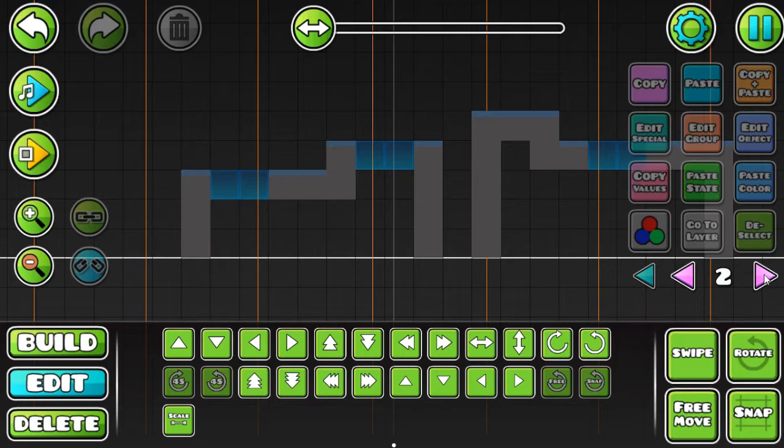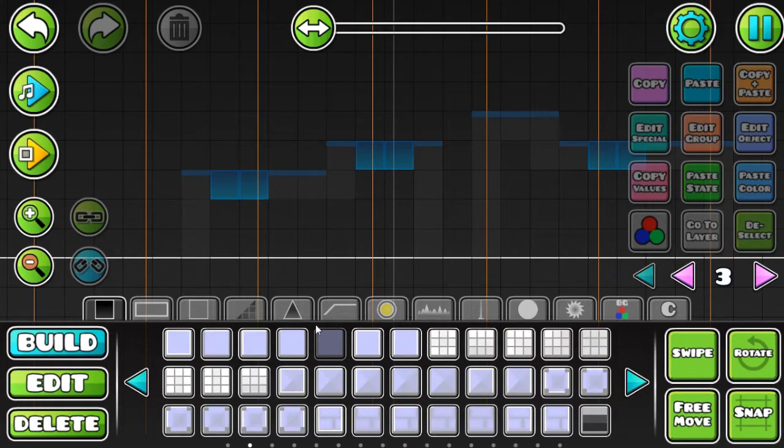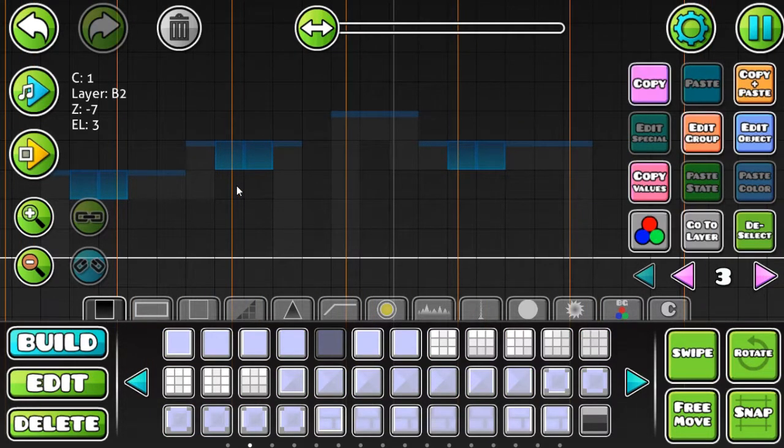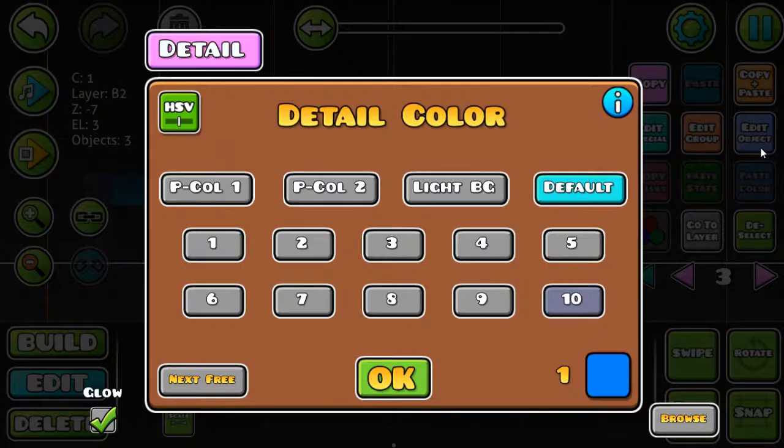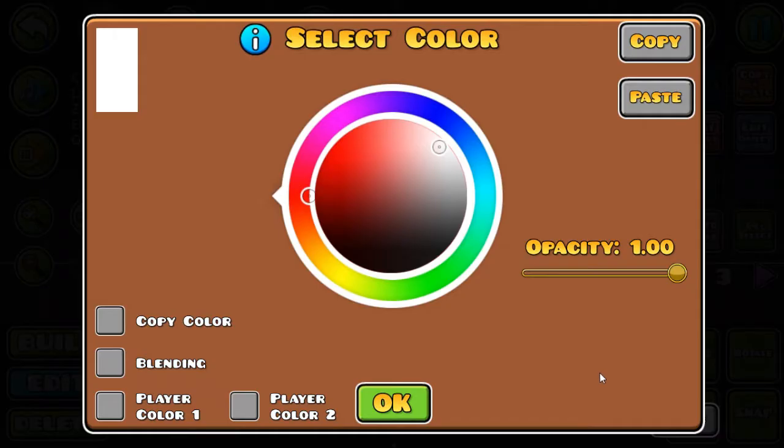Now let's go to layer 3. Use the same objects and fill only the top space, like this. Now select them and go to color channel 3. Now we're gonna color it as also gray, but a little bit darker